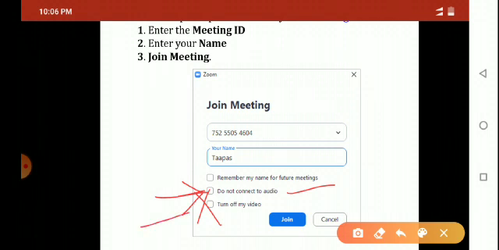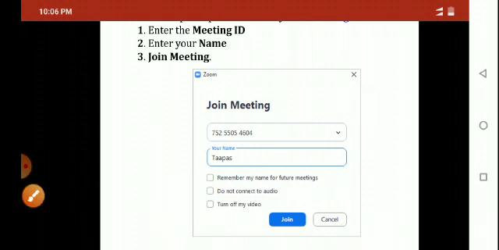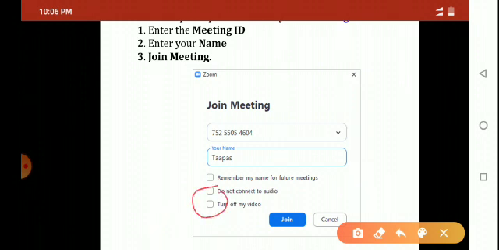If you click on this box, your video will not appear in the meeting, or you will not be able to see the video of other participants or the host. So please do not click on these two boxes. Click only here to remember your name for future meetings.